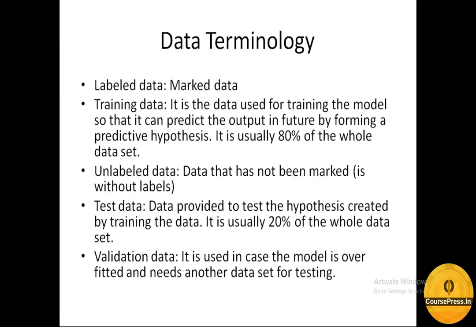When we are provided with a data set, let's say we have a data set of 1,000 images. We split this data set such that 800 images are given for training and 200 of these images are given for testing. So generally the data is split in 80-20 percentage, but let's say we have a bigger data set